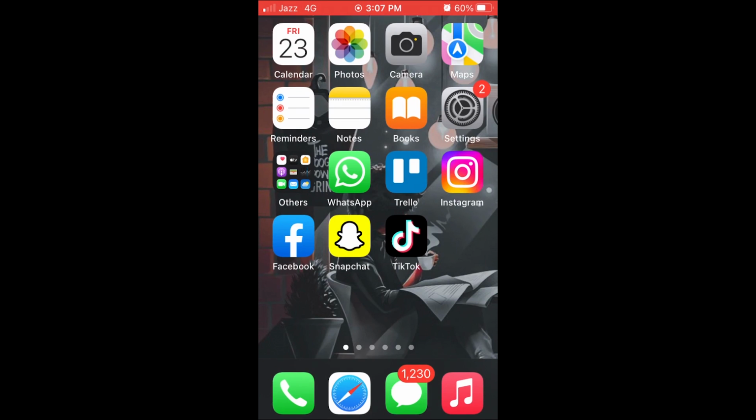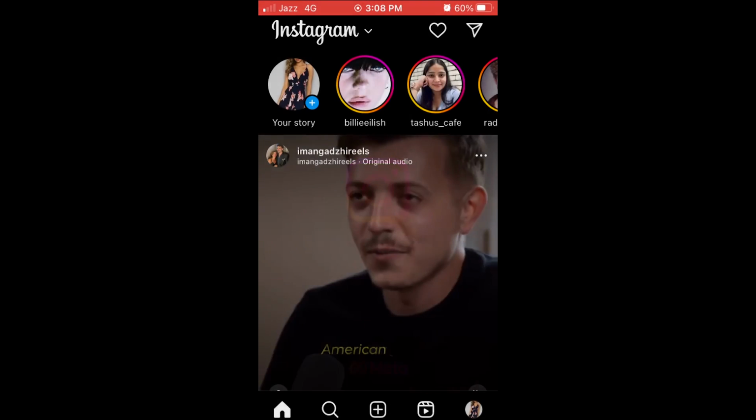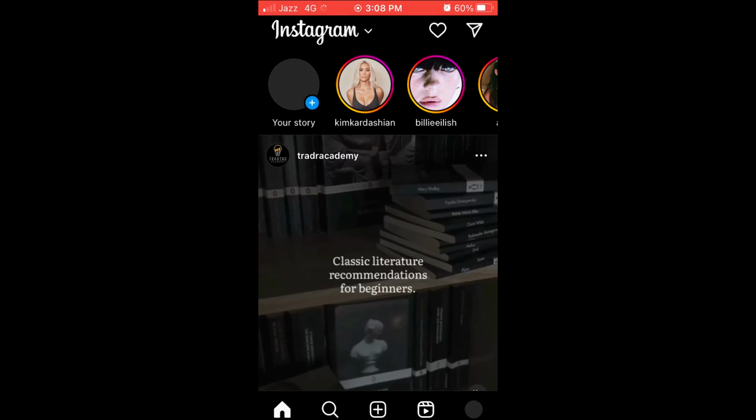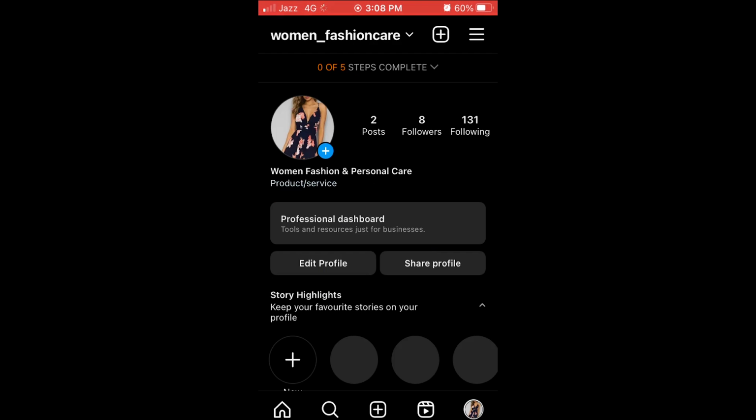So in this tutorial we will learn how to view liked posts on Instagram. Okay, so first of all we have to go into Instagram, and now in Instagram, as you can see your feed, you have to tap on the profile icon which is on the bottom side,